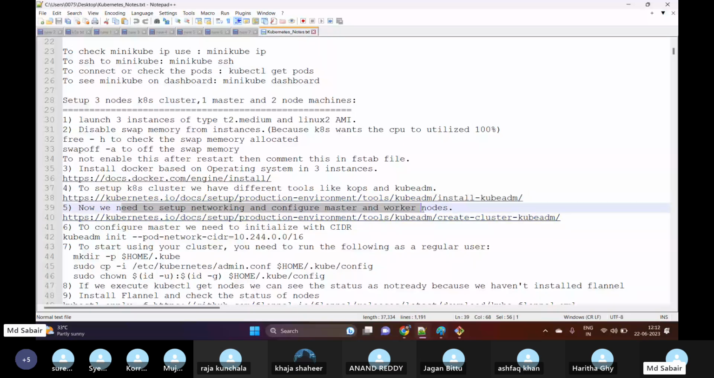Now we need to set up networking and configure the master and worker nodes. Whenever we create pods, each should be assigned an IP address. For that, we need to provide a networking provider to Kubernetes. Either you can create your own networking, or else we can use existing networking solutions provided by Flannel, Calico, and a couple of more companies. As of now, let me use this. In step 5, if I open this,